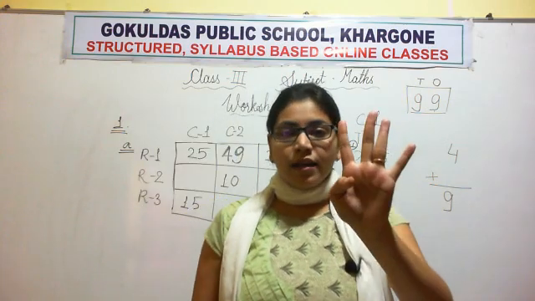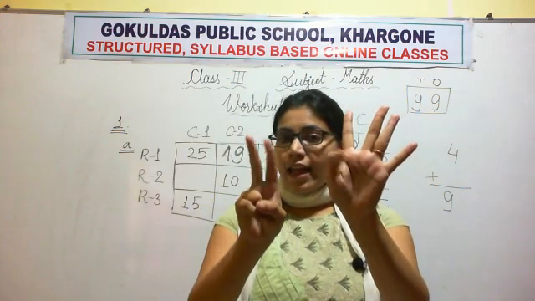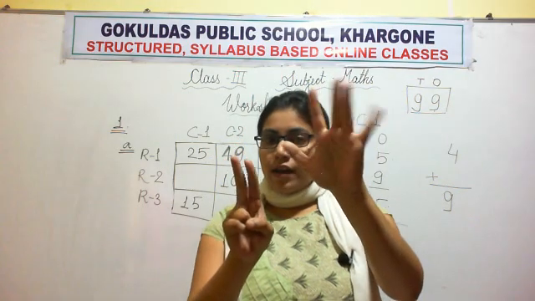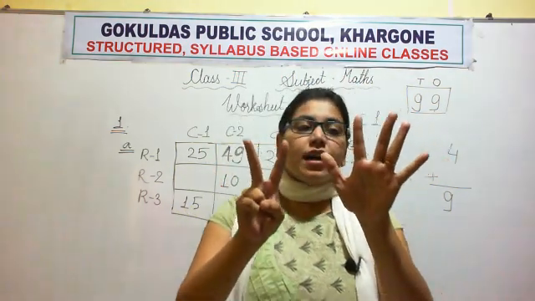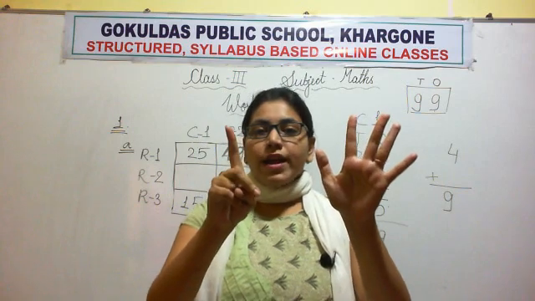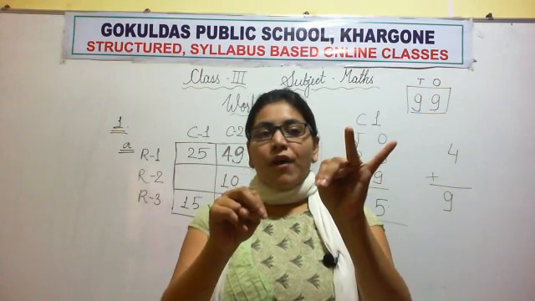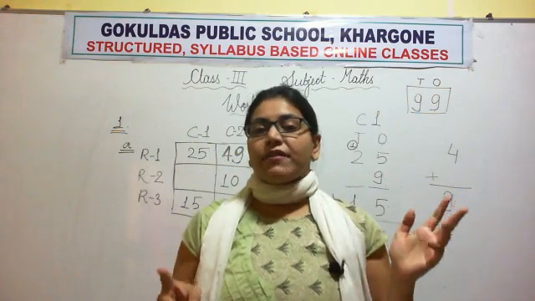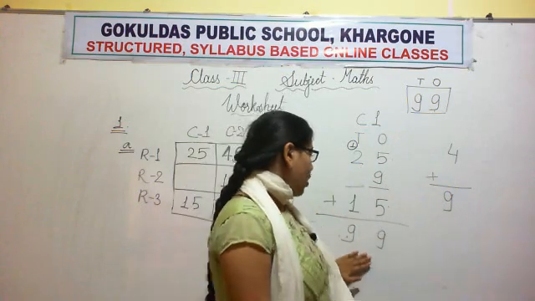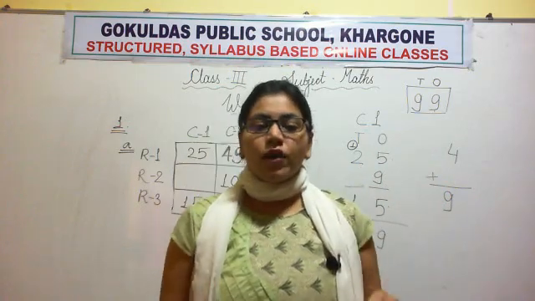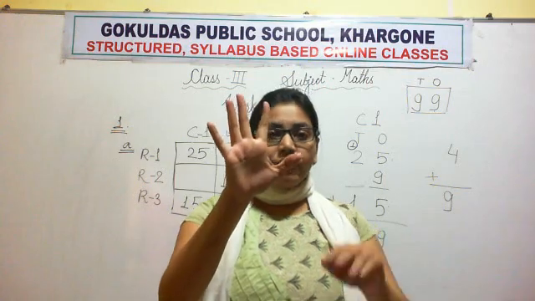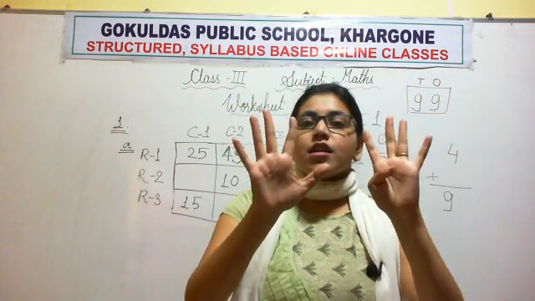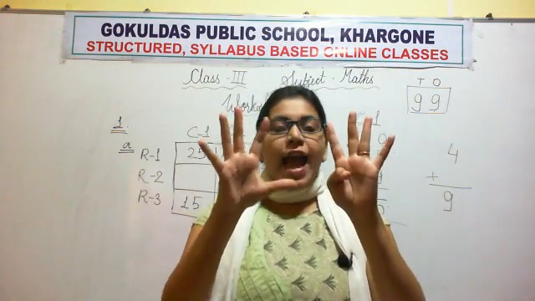Let's try to add 3 in number 4. Now let's count how many fingers are there. 1, 2, 3, 4, 5, 6, 7. Only 7. But we want 9. So let's add 5 in this 4. Okay, we are adding 5 in